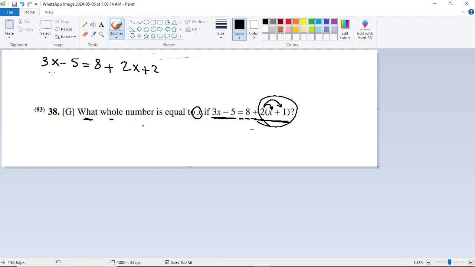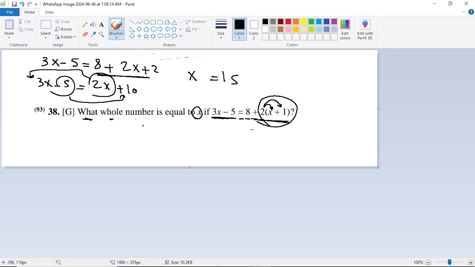So let's simplify this one. This one will be 2x plus 10 equal to 3x minus 5. So this one will move to the other side with minus, and minus 5 will move to the other side with plus. So x equals 15, because 3x minus 2x equals x, and minus 5 going to the other side becomes plus 5, so 10 plus 5 will be 15. So x will be 15. Okay,